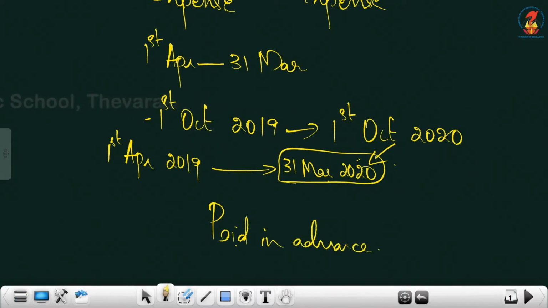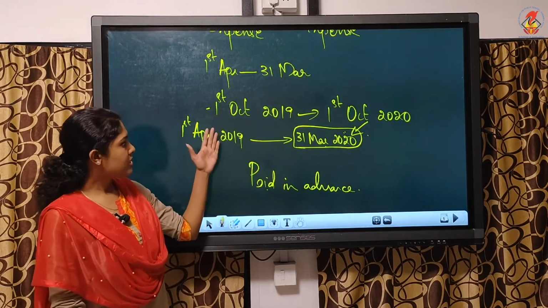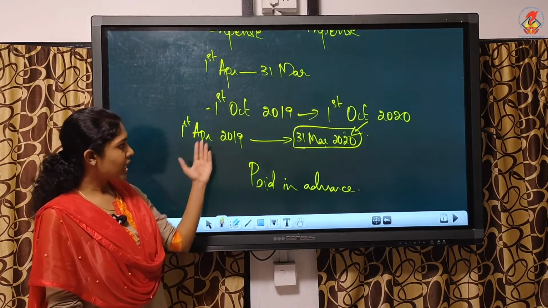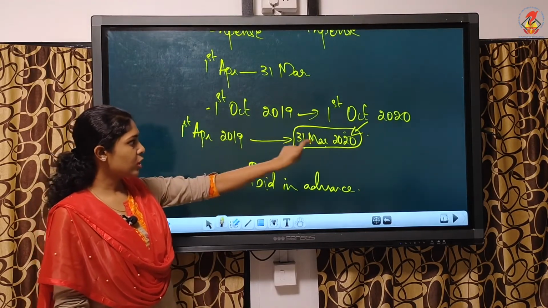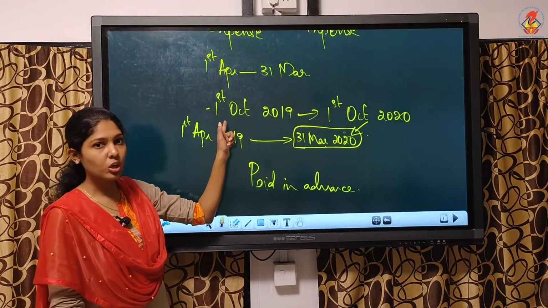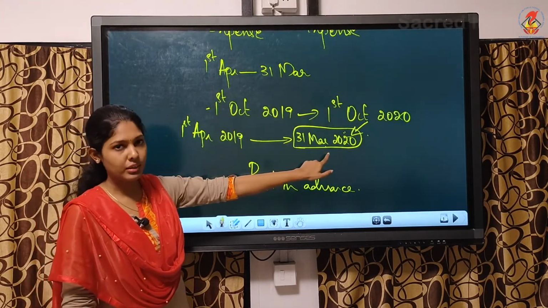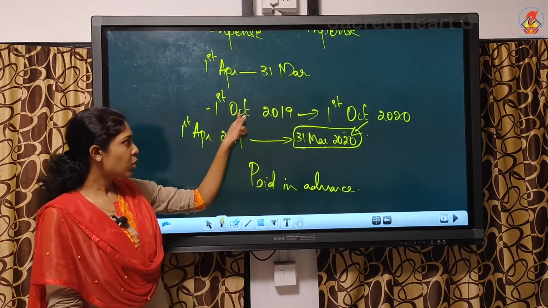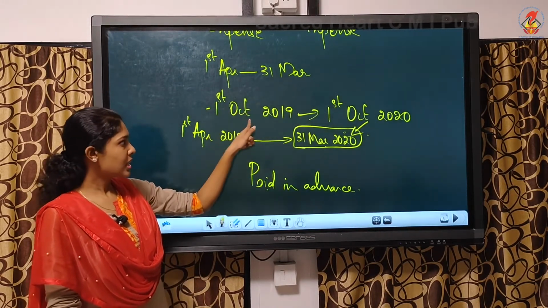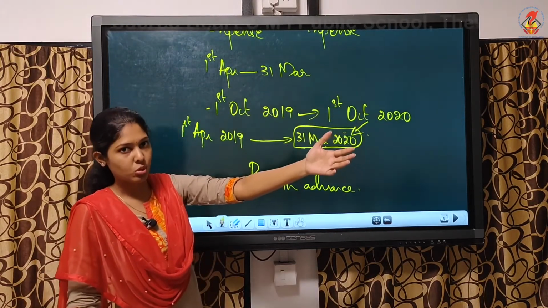This is the example you can write. I hope you all understood that. Understood? What is the meaning here? This is the financial year starting from 1st April ending on 31st March. But since you started from 1st October, that's the problem. If you had started from 1st April, it would have ended on 31st March. You started only from October, not from April. The payment started only from October. You paid for 1 year, that means till next October.